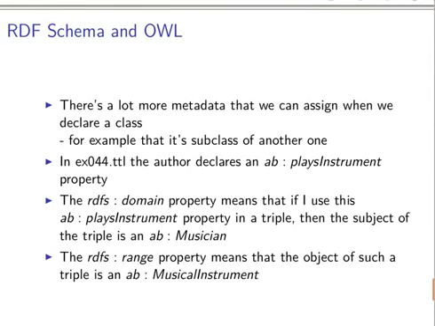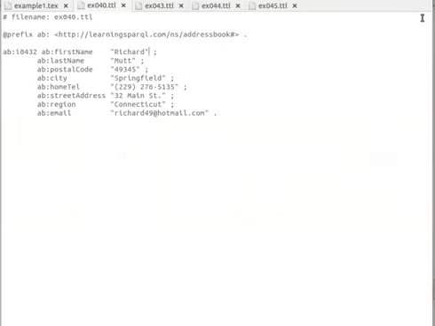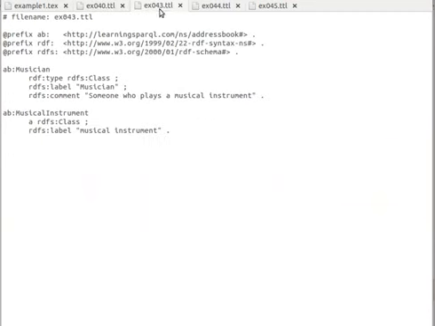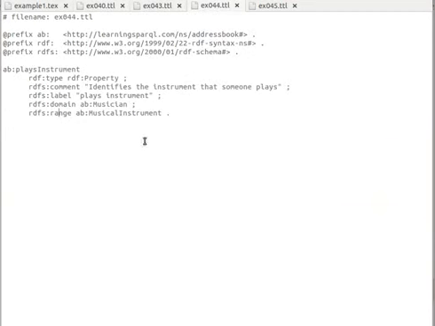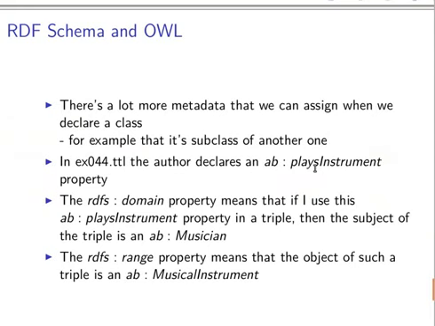Right, in the previous video we learned about adding a class and maybe adding a subclass, and we added a property, and we saw that a property needs to have a domain and a range, and we saw how to actually assign that. If you remember, we added a property called plays instrument, and we gave it a domain of class musician and range of class musical instrument, and we said that whenever we use that property in a triple,